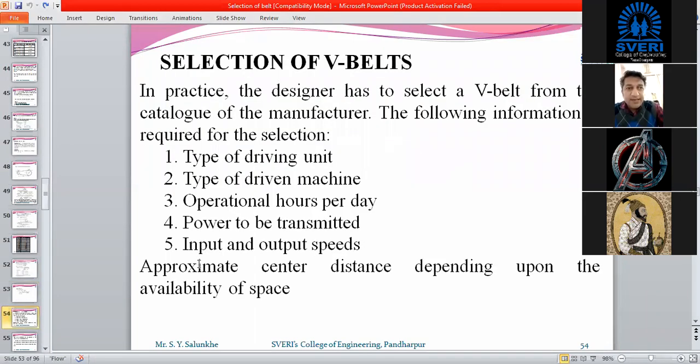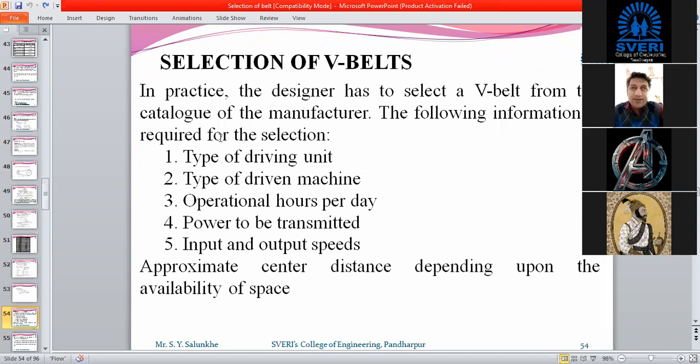Okay. The next slide, this flat belt we have seen step by step how you are going to select it, and also we have seen one problem statement or example related to that selection of flat belt, how you are going to use those tables, and how we are going to consider the standard sizes of that belt. Now we are going to see the procedure by means of which we can select a V belt.